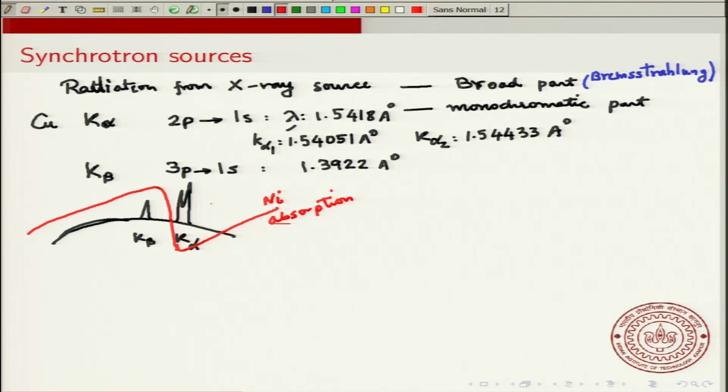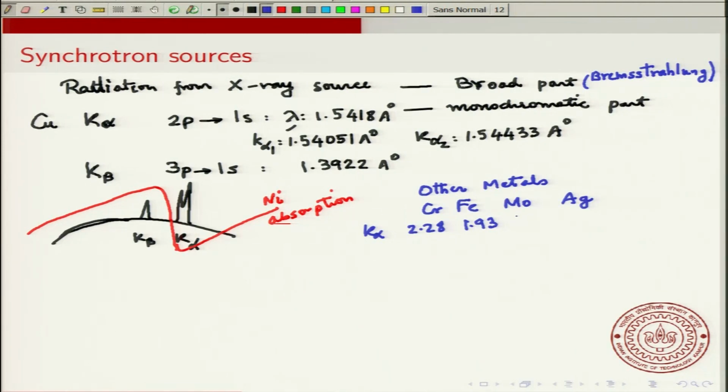Okay. So, if you pass this X-ray through this nickel filter, then you will get only the K alpha radiation. Now, there are other metals that can be used. For example, you can use chromium, iron, of course you have seen copper, then you can see molybdenum, silver. And so, the K alpha for each of these, so for chromium is about 2.28 angstroms, iron is 1.93,